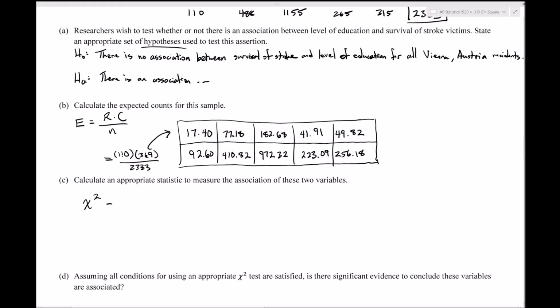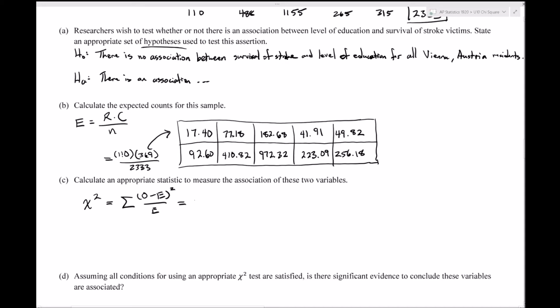Chi-square is going to equal the sum, and remember, it's a double sum. It's a two-dimensional sum because we're not only summing across all rows, we're summing also across all columns. But we'll just write a single sum symbol: O minus E, quantity squared, divided by E. And this will equal